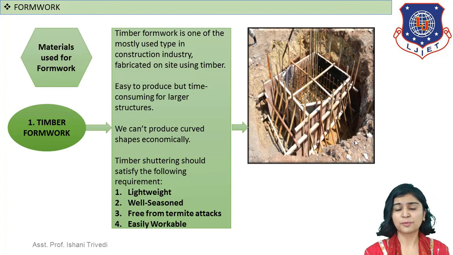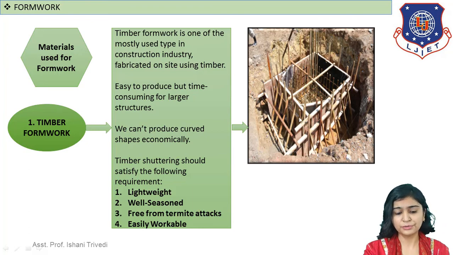But to know the properties of any formwork material, you should first know about timber and steel. In the picture here, you can see with the help of timber, the box of the column is made, this is your temporary structure. So it is generally used for the columns in most cases. It is easy to produce. As I said, timber is the basic one, but it is also time consuming and there are also drawbacks which